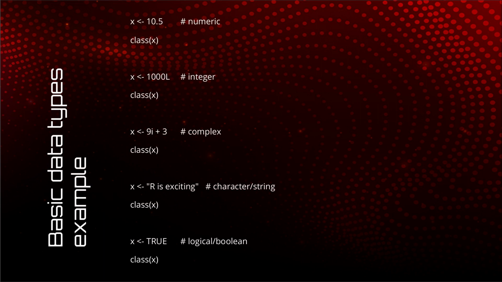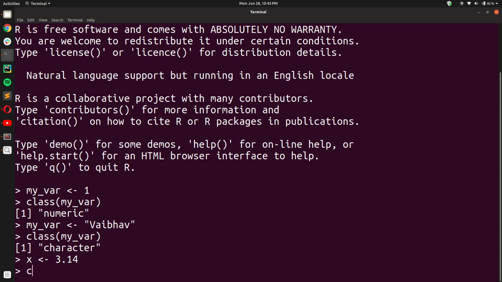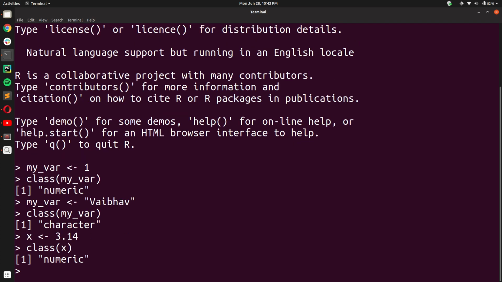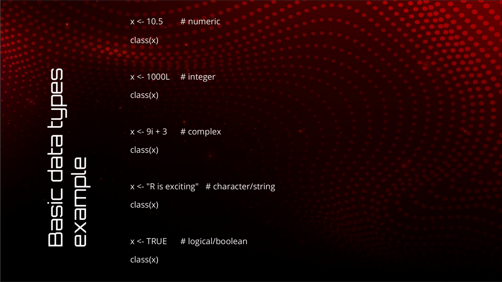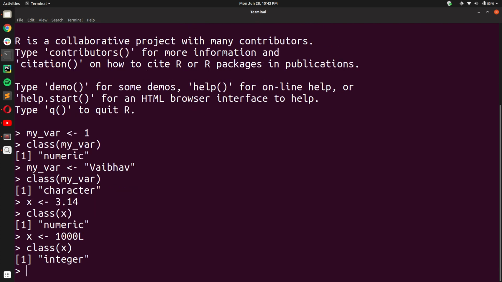Great. So now let us do a small example of data types in R. Okay. So let us say we have a variable and we assign the value 3.14 to this. Okay, and when we check its class, we expect it to be numeric because it is a number, and indeed it is numeric. Okay, but we can also change it to an integer at runtime, and to do that, you suffix the number with an L. And when you check its class once again, you will see that it has changed to integer.